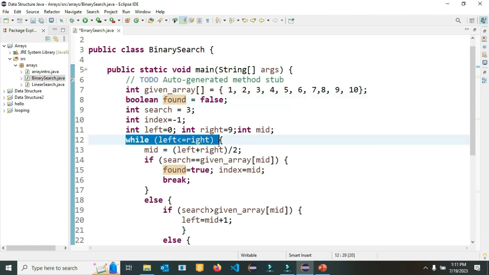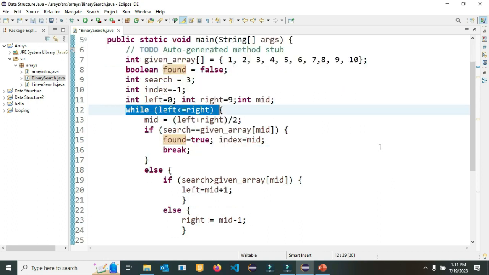And here is my looping, when left is less than or equal to right. And then my mid comes from left plus right divided by 2. As soon as I get my mid value, I will compare my search to given array mid. The mid here is the index of the given array. When we compare it and the search equals the value at the mid index, then the found, which was previously false, we change it to true. And then the index to hold the index of the given array, we initialize it with mid,